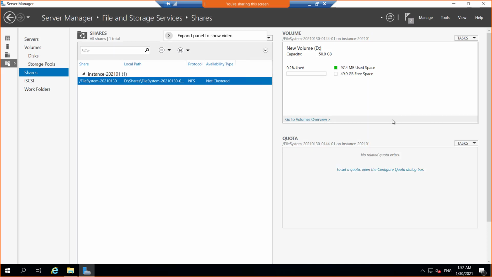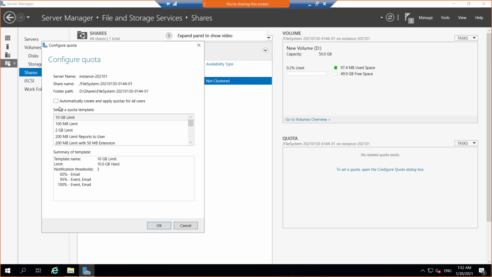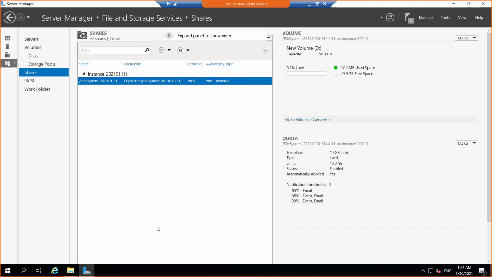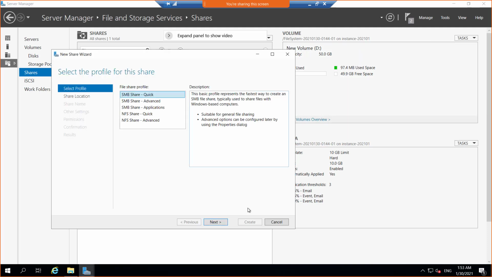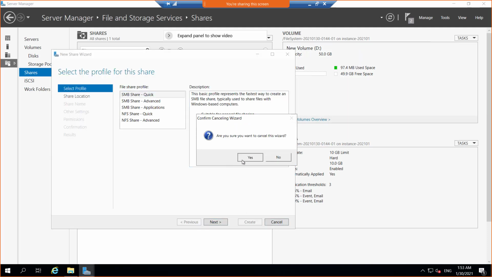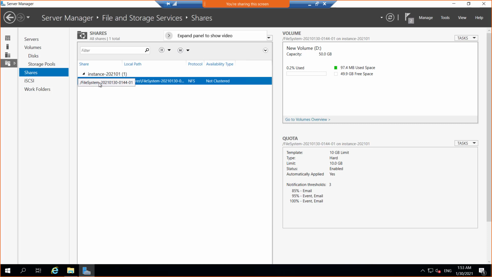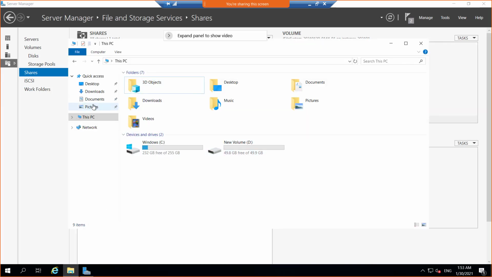I'll refresh that. To set a quota, open the configure quota dialog box. So what kind of quota? Automatically create and apply quota for all users. So 10 GB limit, okay. And so task, configure quota. Then there is the new share you want to create there, but that again, we have gone through this already. So the file share gets created, but normally what happens is